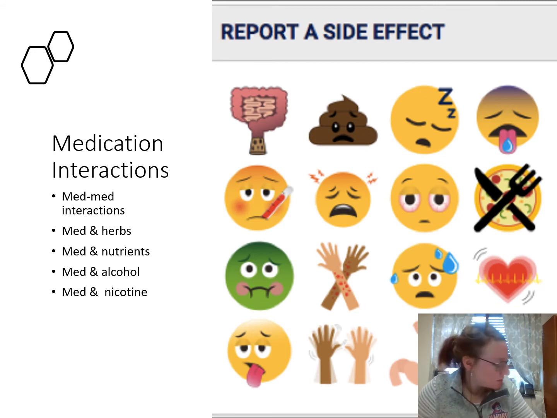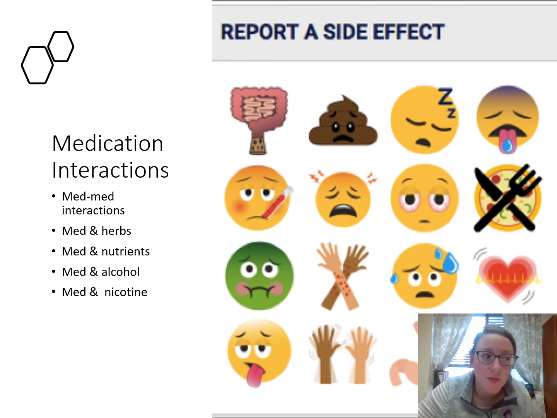So med interactions, when we're talking about those, the adverse reactions from medication to medication actually can increase exponentially related to how many drugs are prescribed to a patient. And because older adults usually take several medications at the same time, they are at increased risk for having medication interactions. I encourage you to check out table 8.4 in your book, and it talks about some specific med interactions. But again, it's going to be impossible for us to talk to all of them. But if we think about two maybe of similar drug classes and how those can interact together.